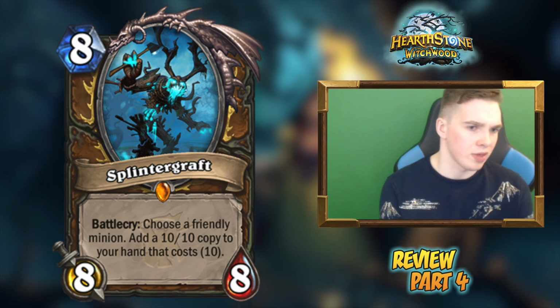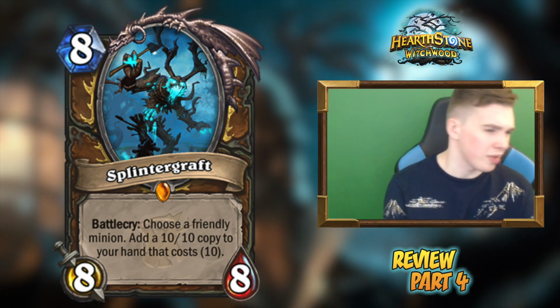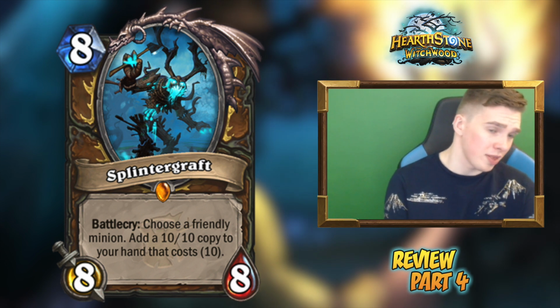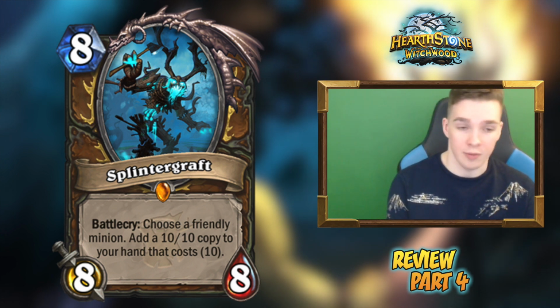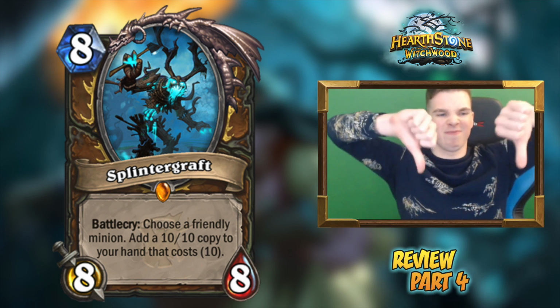So I don't really see a place where this card fits. An 8 mana 8/8 on curve is not very strong. Maybe if this card had like Taunt or something, I could see it, but it doesn't. So I think Splintergraft is one of those fun legendaries. I'll play with it myself. All the fun legendaries, don't get me wrong, I love them, man. I love messing around with them a couple times, having some fun, pulling the combos off. But from a competitive perspective, Splintergraft is